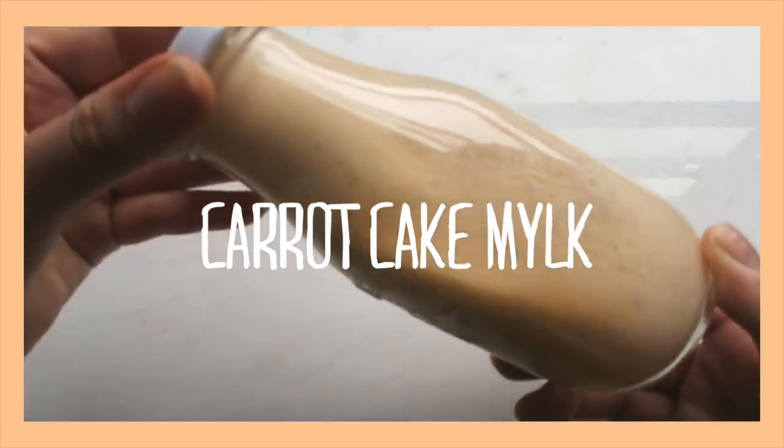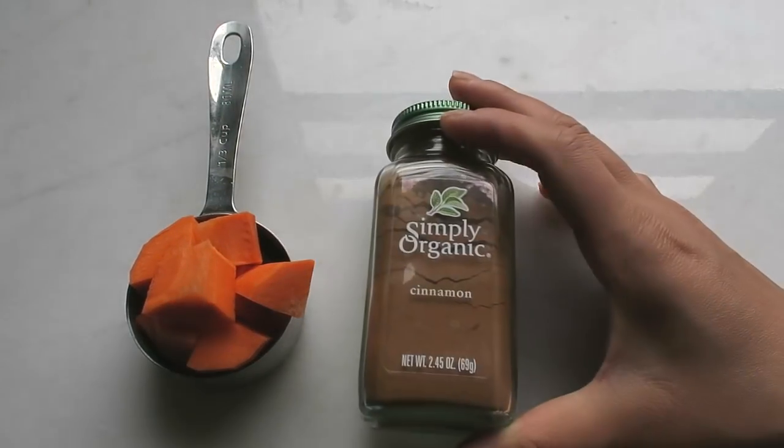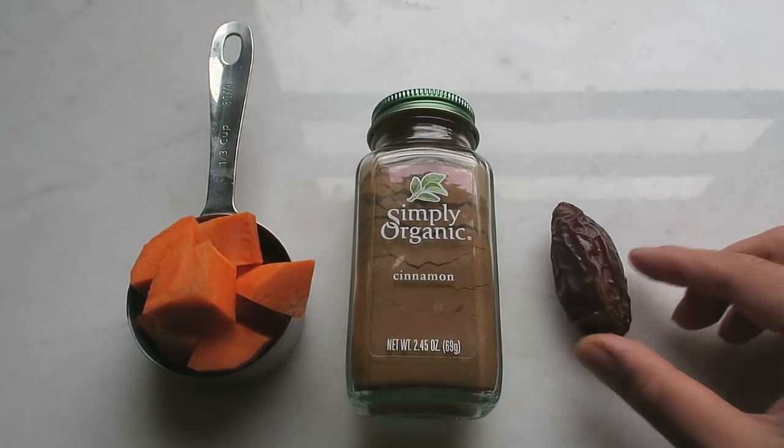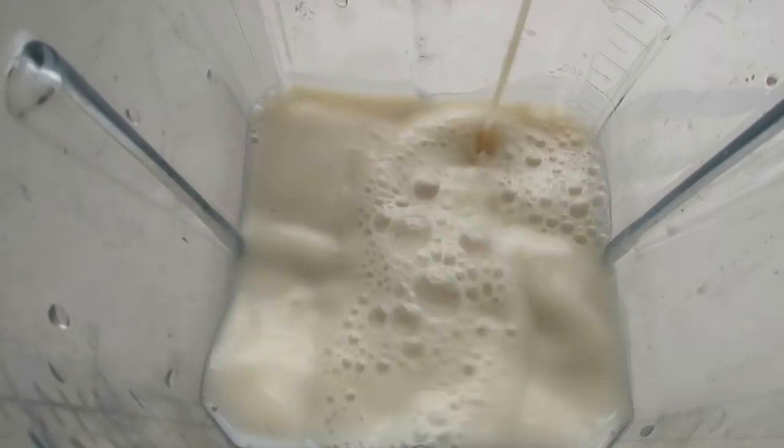For orange, I went with carrot cake milk. Now I know what you're thinking, carrots in my milk is super weird. We're gonna be using carrots, cinnamon, and dates for sweetness, but if you think about it, carrot cake basically uses the same ingredients. So we're gonna start off with our milk once again, and then add in our raw carrots,